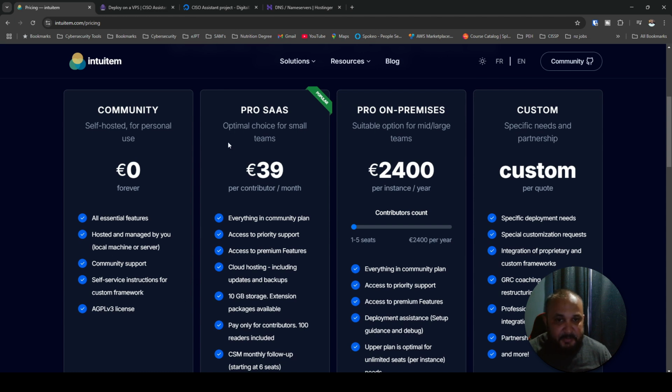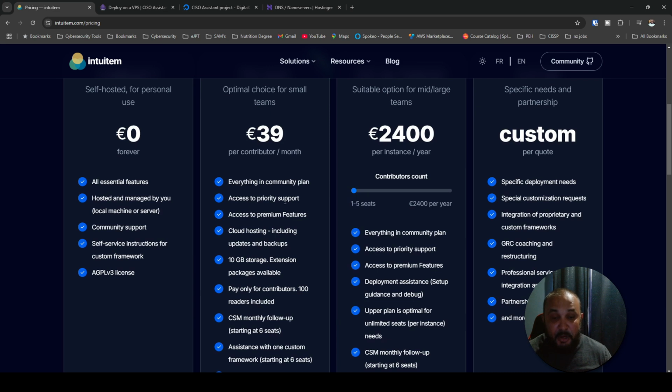Then we have the paid versions, such as the Pro SaaS, the Pro On-Prem, and the Custom. One of the main advantages of going with one of the paid versions like the Pro SaaS is that it has priority support. It also has access to some premium features that you may need. But chances are, if you need these premium features, you may be a larger enterprise which could afford paying the 39 euros a month. Also, it has